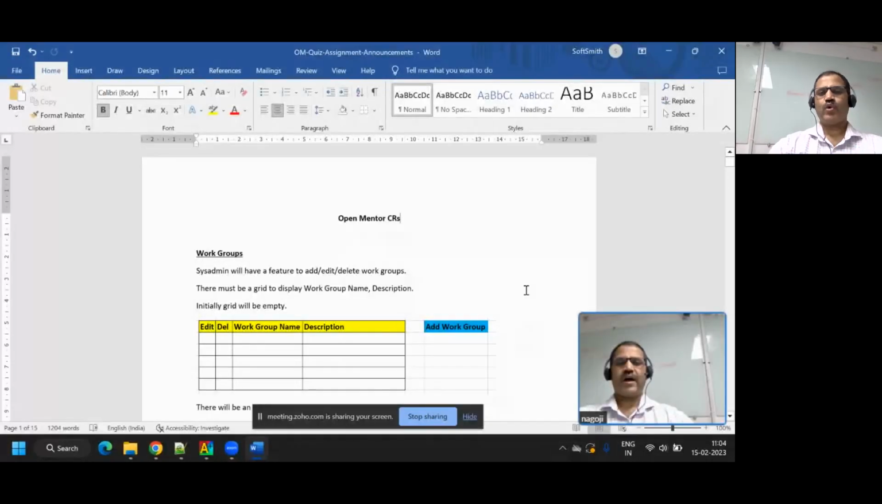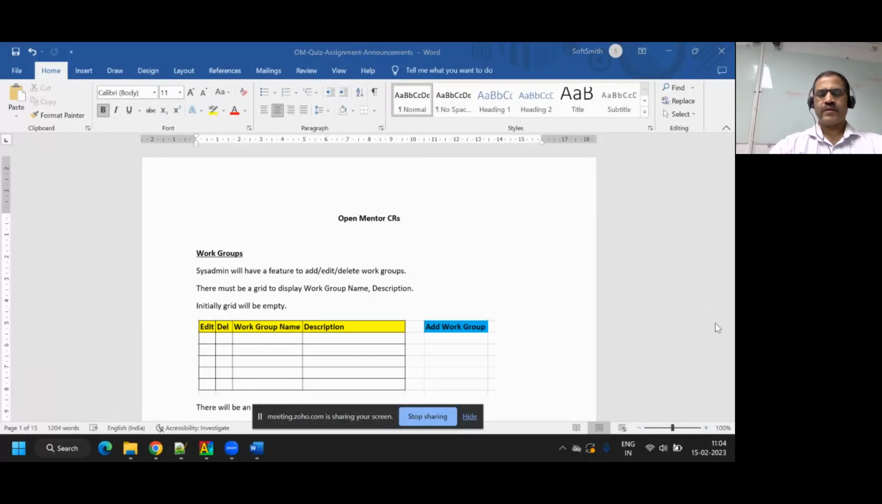Okay. Now I am showing you the requirements document itself. Before we ask our development team to develop, we will document the requirements, what I want. Again, this is